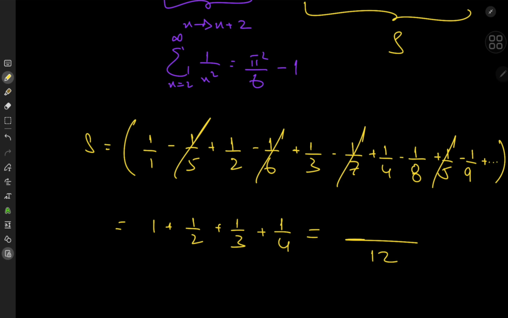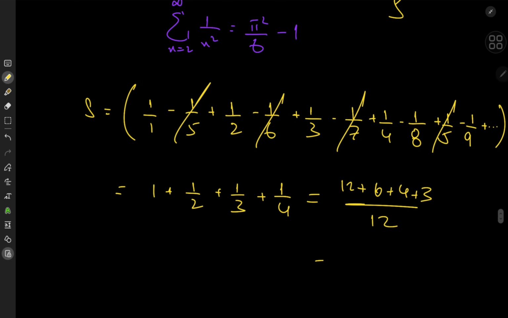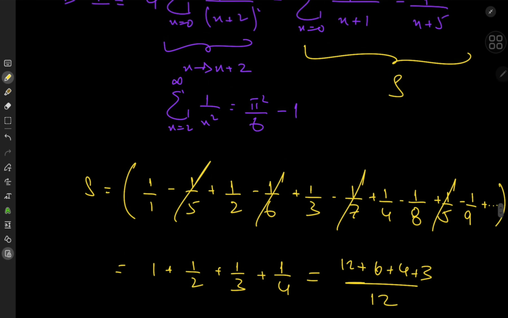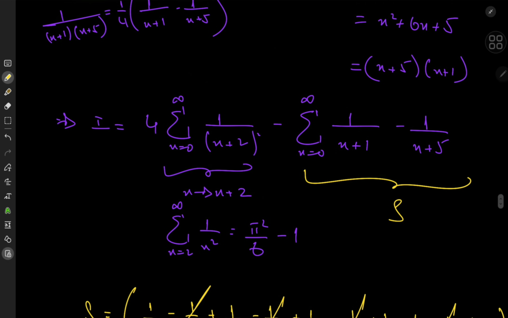Yeah, this is the part where I struggle. We have a 12, so we have a 12 plus a 6 plus a 4 plus a 3. Come on, you can do this. You can do this. 18. What's 18 plus 7? 25? Okay. I can do this. I can totally do this. Come on, man, you got this. You got this. Okay, so